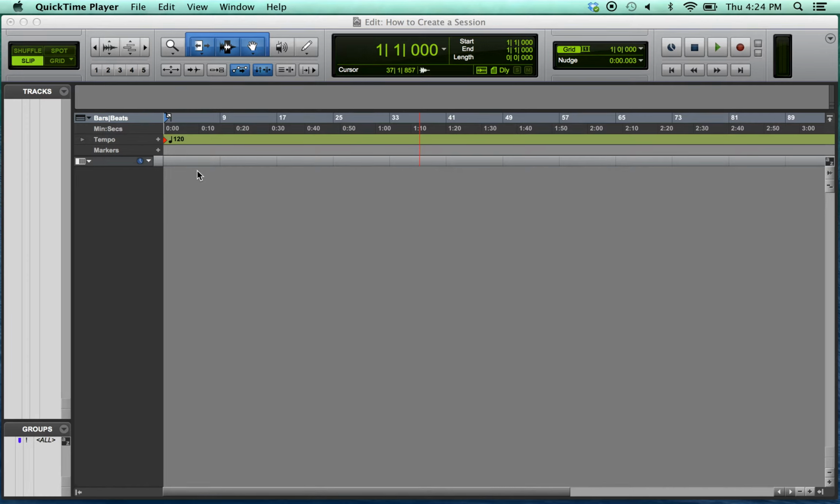How to create an instrument track with drum sounds. So we have a blank session here, and we want to create an instrument track that will have drum sounds on it. So the first thing I'm going to do is go to the